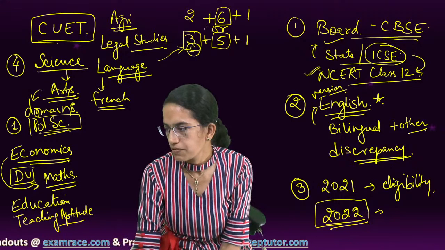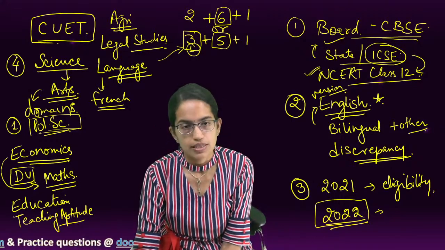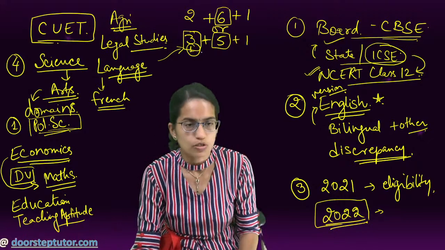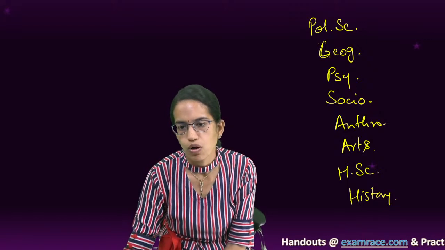There is a question from Divyanshu Swami. Is there anything for arts? Yes, Divyanshu, for arts you can have various combinations. For example, you can appear for political science, geography, psychology, sociology, anthropology. If you are from arts, sculpture and education is one of the programs. Home science is another program. Then we have history as one of the subjects. Those are some of the common subjects which are mentioned here. So you can choose any of the domain subjects that you want to specialize in.